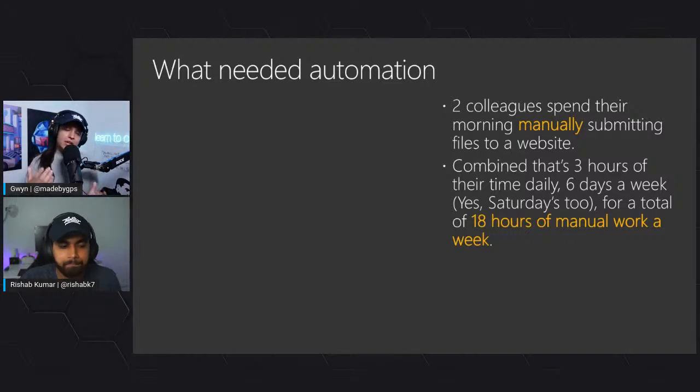This was in the energy industry. I don't know if anyone has any experience working with the energy industry, but they have all sorts of rules, limitations, very old processes, and things that have to be submitted. It's weird because there's some stuff that has to be submitted at exactly 9:59 in the morning, and if it's 1 minute after, it's considered the next day, a bunch of different things. If anyone has any experience in the energy industry, let me know in the chat. But anyway, the total was 18 hours of manual work a week, right?